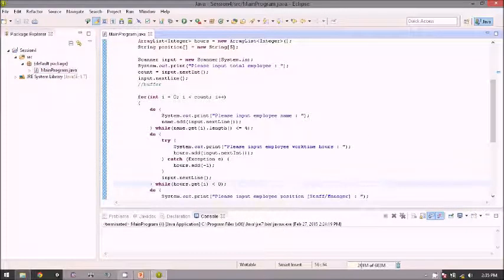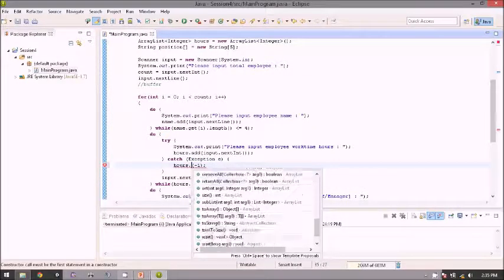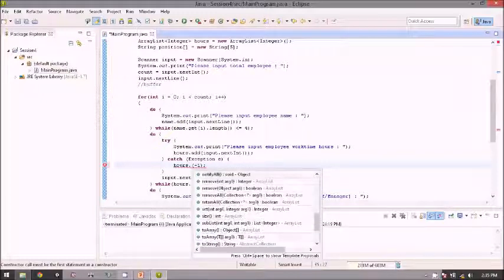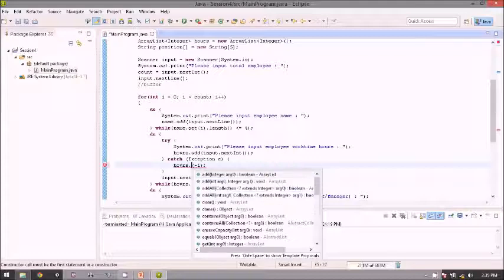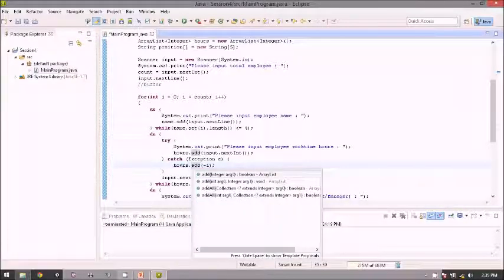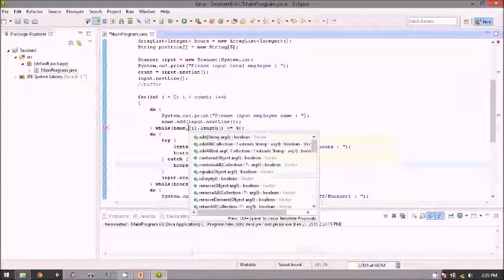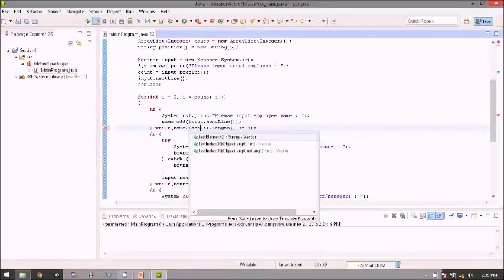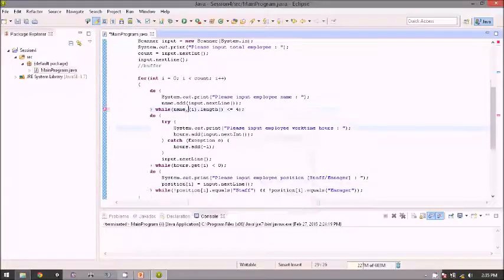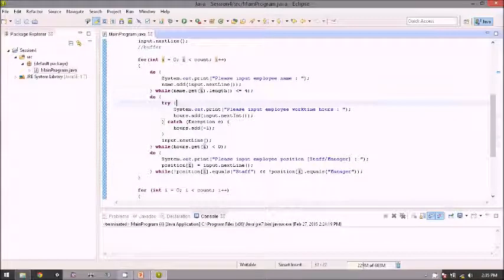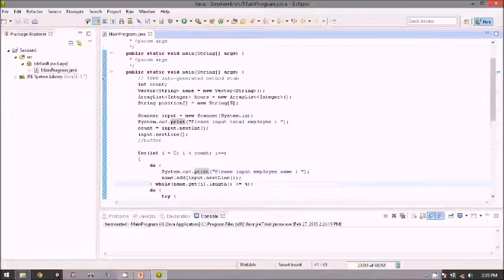Okay, if you noticed earlier, the array list and the vector have some difference in the functions. If you see here, in the vector you can find something like first element, last element. Let me show you. There is first element, last element, and many more functions that the array list doesn't have. So there is a bit of difference, but the concept is roughly the same.